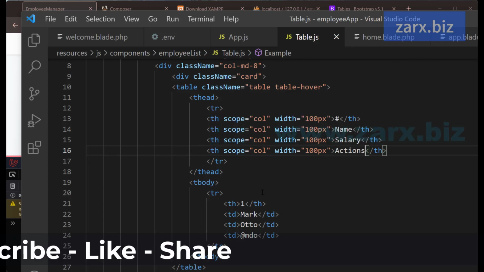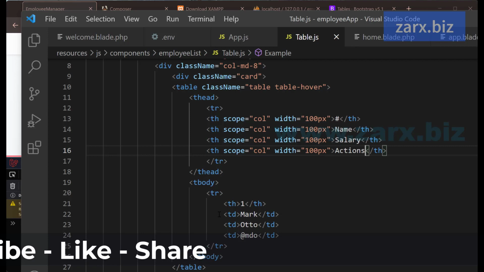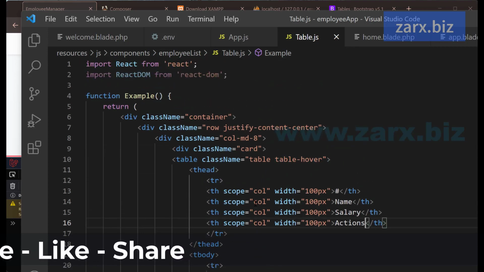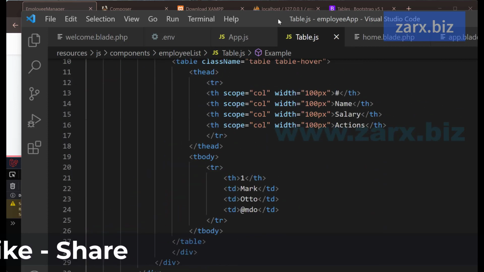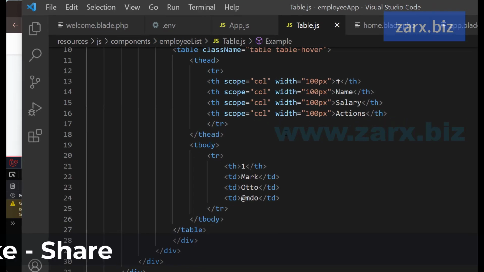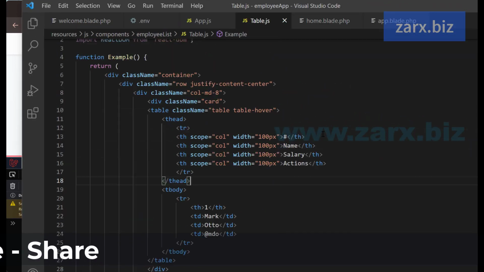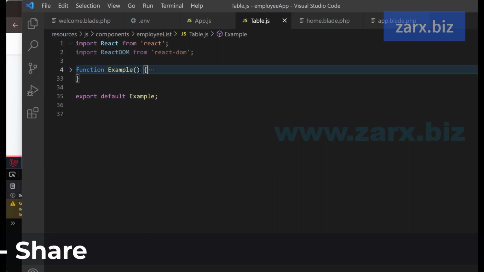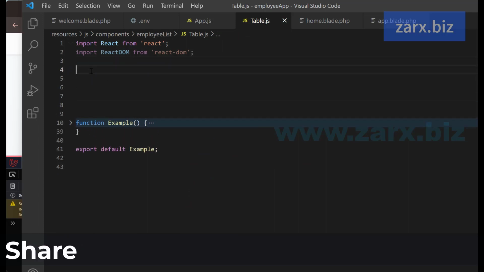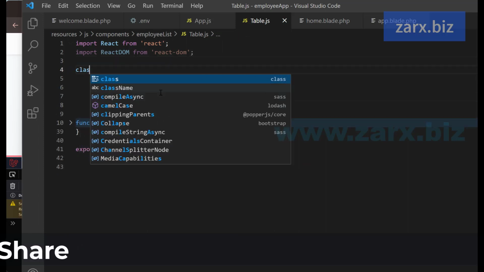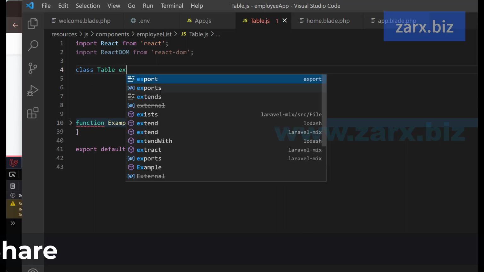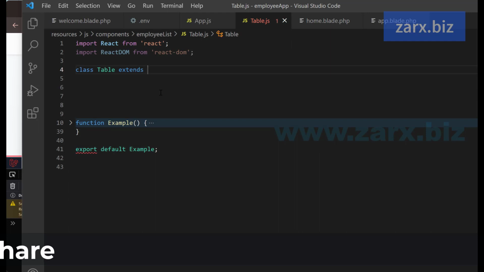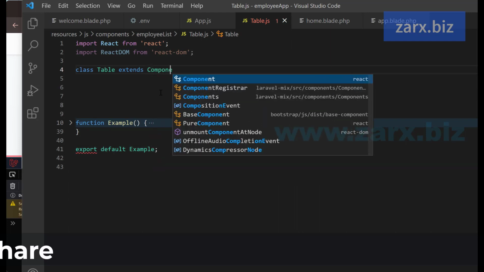Now the next thing is we need to work with the data. We don't currently have any data, and we are using a function here. So I'm going to change the structure of this file, and I'm going to show you how we can do this. I'm going to minimize it a bit. Okay, so we have the function. Here I'm going to say class. I'm going to call it table class, and it is going to extend the component,